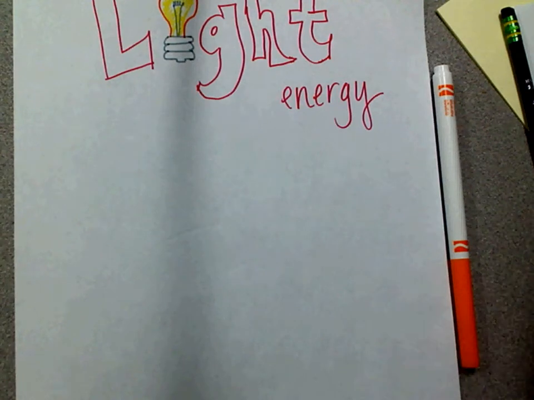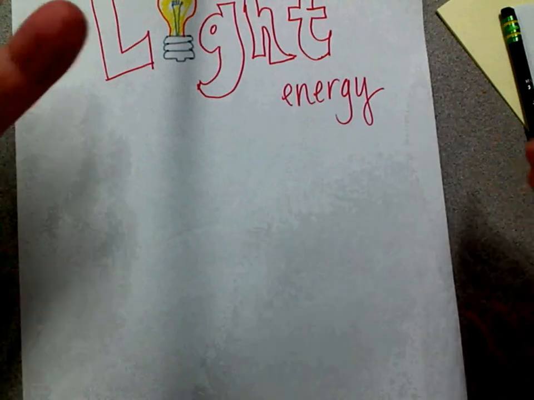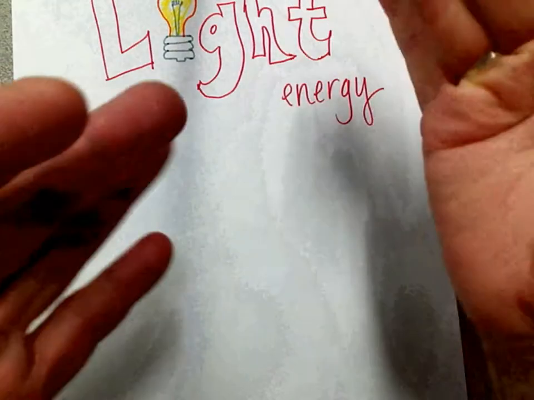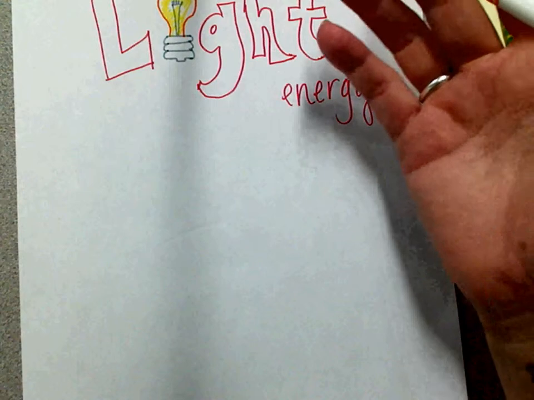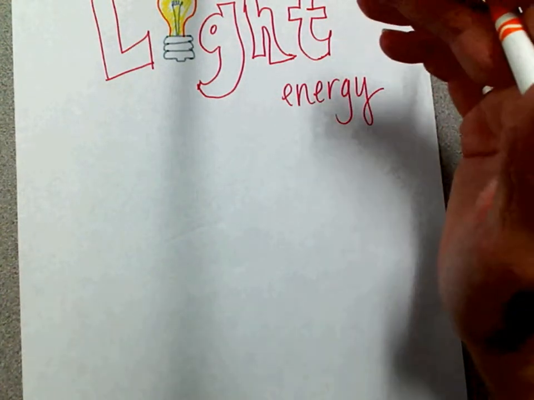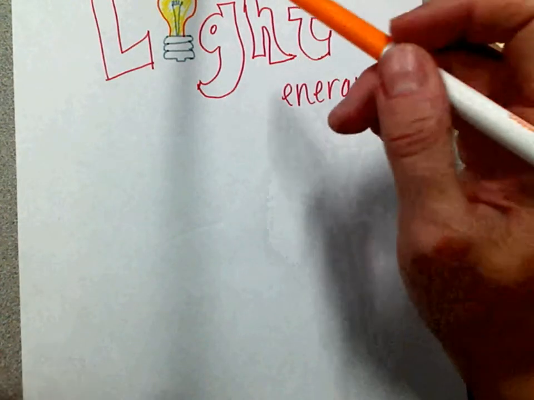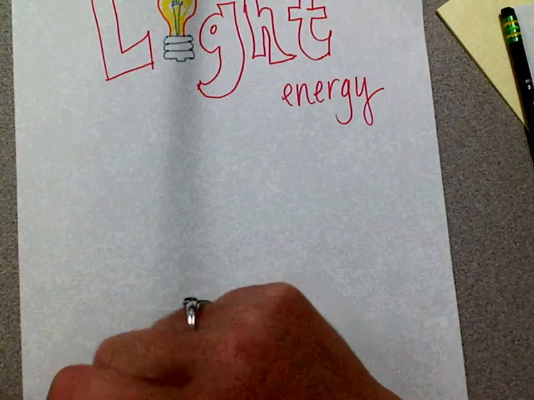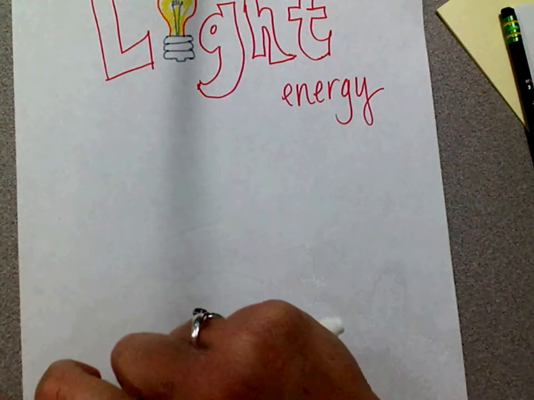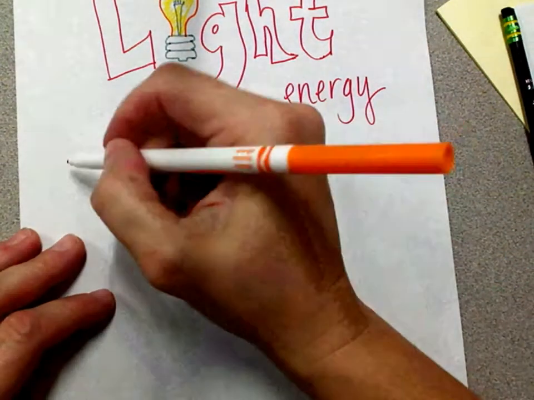Today we did a light lab in class, remember? And we learned about light energy. We used a mirror and a fishbowl, not really a fishbowl, but a glass with water in it. We also used more than one mirror to see what would happen. And then you remember that cool thing I did with the laser light? That's one of my favorite things to do, just because I think it's cool. So while we were doing that, one of the things we learned was